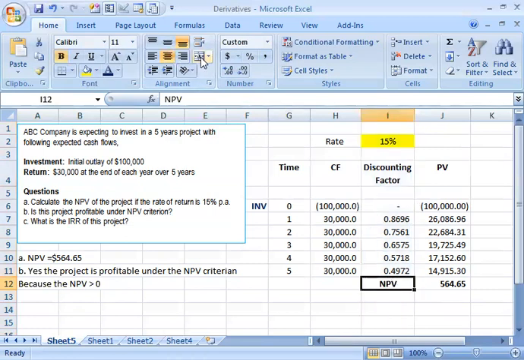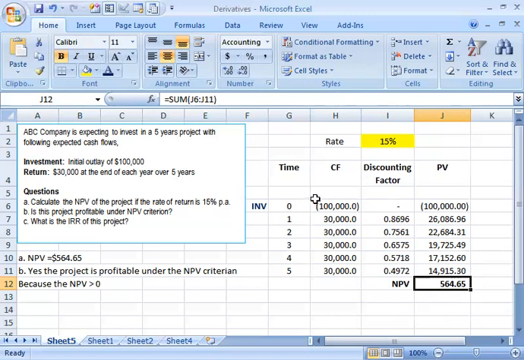So let's move on to the next part, part C. What is the IRR of the project? When the NPV goes to 0, we can find the IRR, that is the internal rate of return. What you can do is, you can assume that the rate has to be greater than or less than 15%. It can't be 15% since at the rate of 15% the NPV is a positive value. So this has to be 0. So in order for the NPV to reach 0, this rate has to be either greater than or less than 15. That is clear, I think.